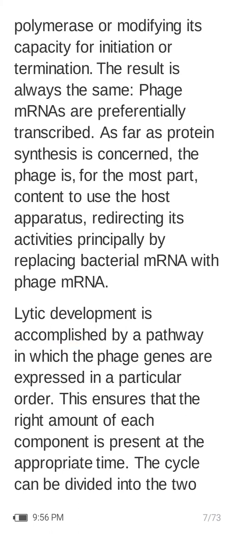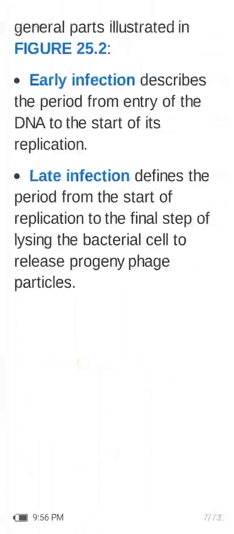Lytic development is accomplished by a pathway in which the phage genes are expressed in a particular order. This ensures that the right amount of each component is present at the appropriate time. The cycle can be divided into two general parts, illustrated later. Early infection describes the period from entry of the DNA to the start of its replication. Late infection defines the period from the start of replication to the final step of lysing the bacterial cell to